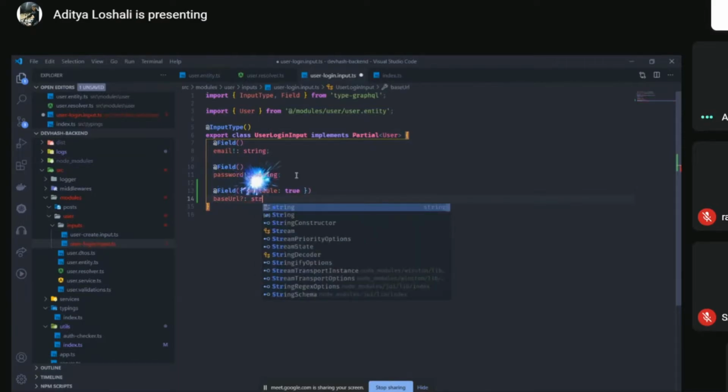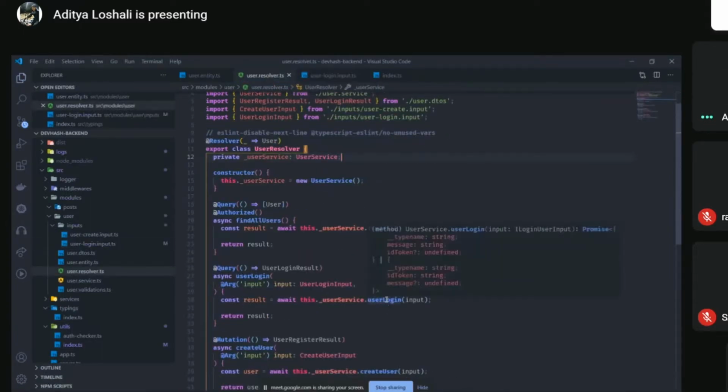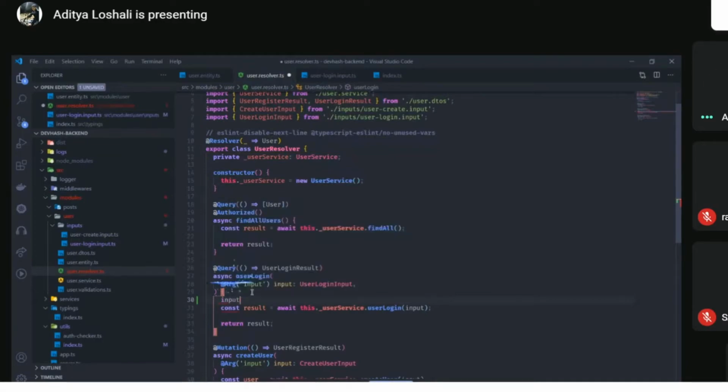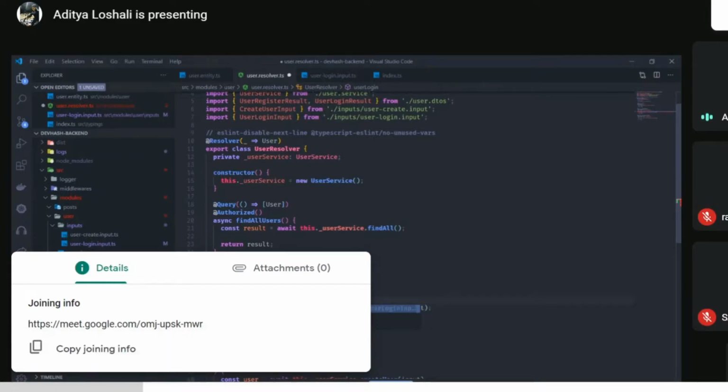This time, question mark. This question mark part is for TypeScript. This is how we indicate to TypeScript that this is optional. So further in the services and in the resolver, this is how you would know that this property is optional. For example, just check here. Input dot base URL. Here we know that it is a property which may or may not be present there. Email and password will always be there, but base URL has a question mark, so it is optional.